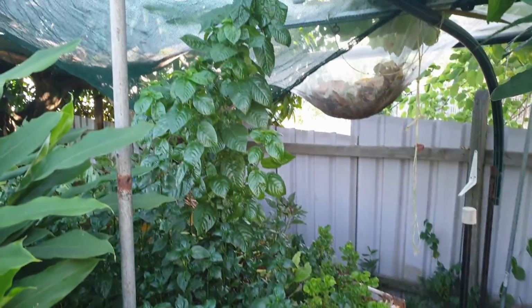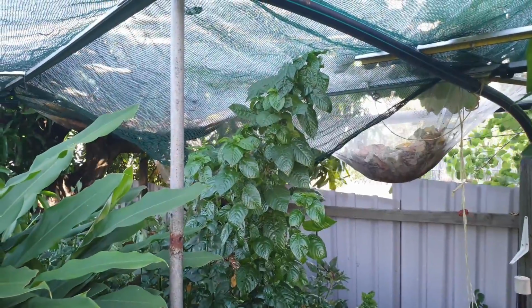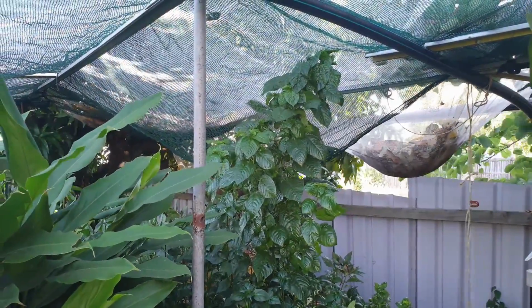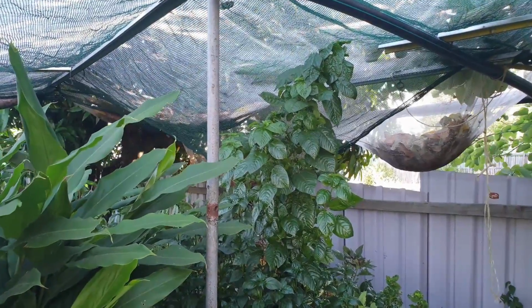And I've got a nice big green Egyptian spinach up there. We're growing for the pods. We're going to try eating the pods this season. A mate of mine, Mark, g'day Mark, told us that we can eat them, so we thought we'd give them